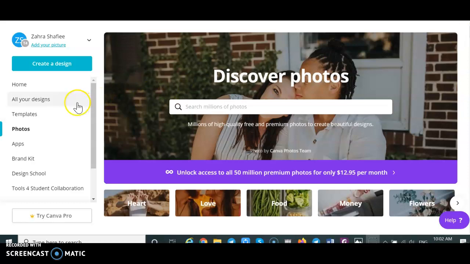websites that we can create some limited designs as a free user or try a premium user and receive much more designs. But as a free user, I have already signed up. You see, I have entered my profile, my own account, and here homepage and all my designs, photos, and some links are available, and also at the bottom you can see some